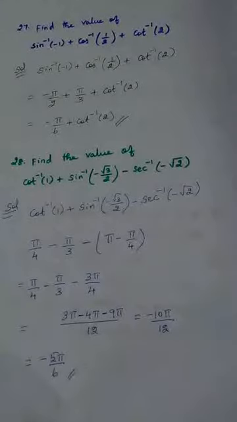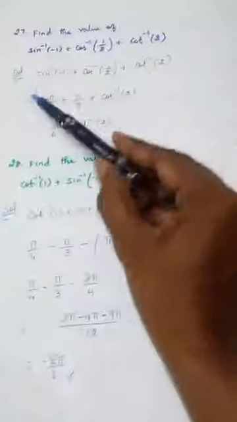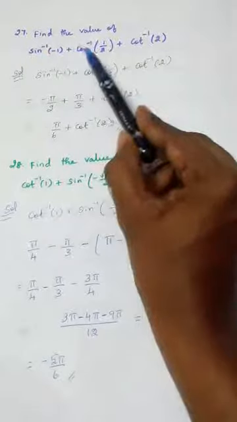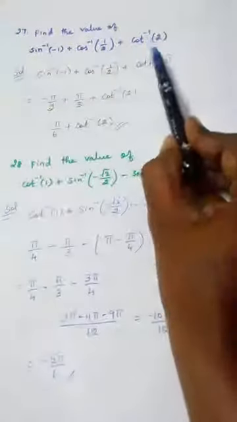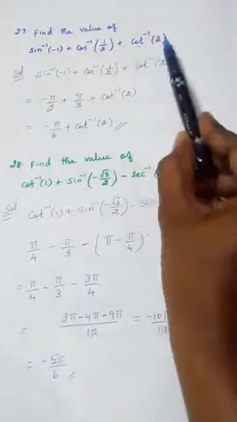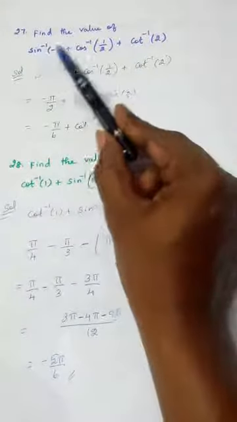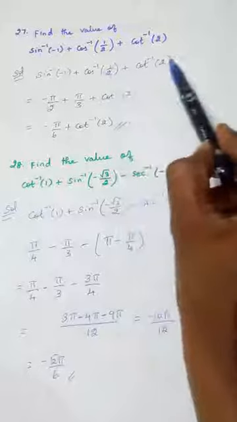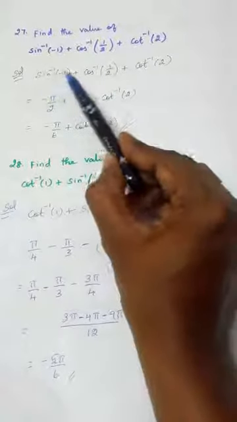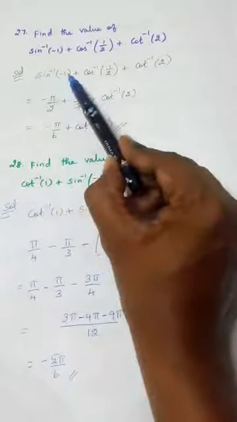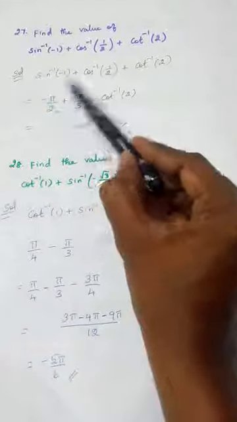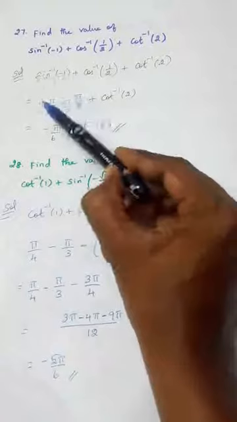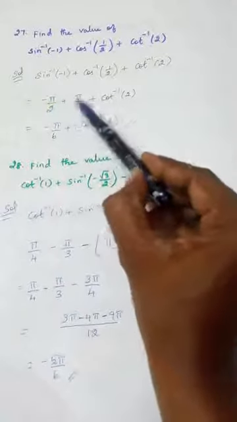Problem number 27. Find the value of sine inverse of minus 1 plus cos inverse of 1 by 2 plus cot inverse of 2, for which cot inverse 2 cannot be found out. So we are going to try and find out this. The question is written once again. What is sine inverse 1? When 1 will come in sine table? 90 degree. So write that 90 degree and just put this minus sign, minus pi by 2,